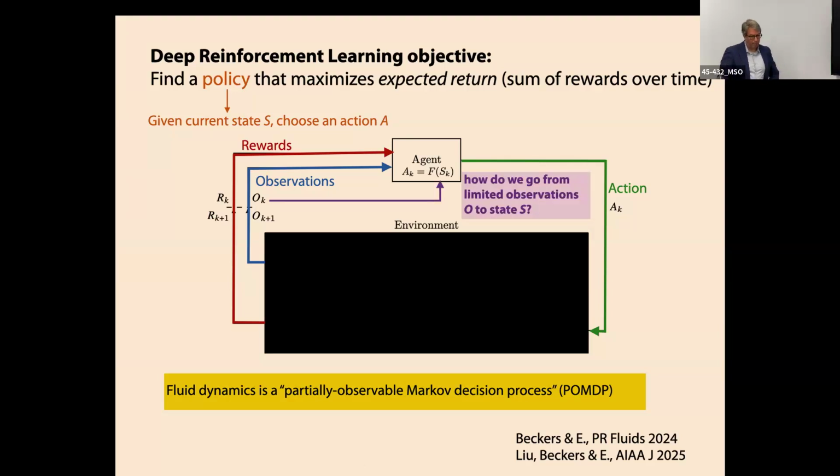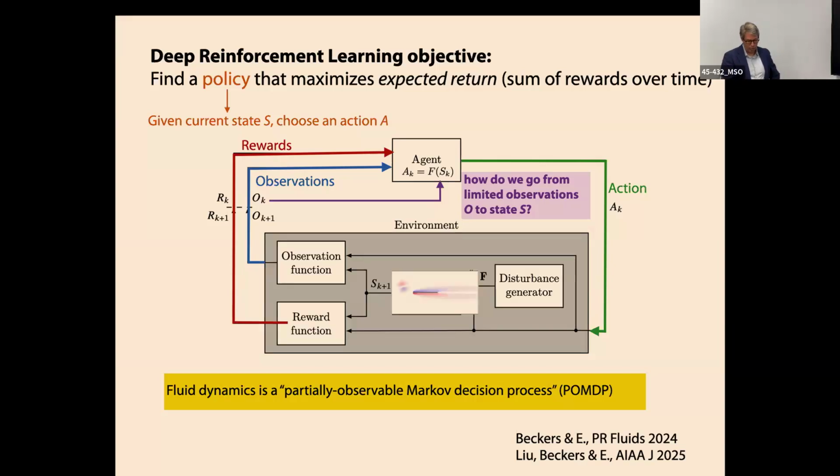So how do we go from limited observations, which in our case will be pressure sensors, to some state that I have enough information to make a good control decision on, okay? So that's one of the things that'll color what we do. Now, in our case, the black box that's here is going to be CFD, all right? So I'm not going to show any experimental results here, but that's always the eventual focus, to do things obviously in a real system. But here we're just going to create disturbances in this CFD environment, and then that can spit out a reward function, something about the lift, and it'll produce the observations, which will be the pressure that I have on sensors, okay?